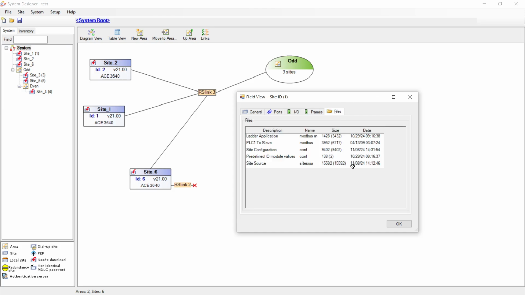And then we have our files, the available files. Well, what files are in the RTU? So we have our lab application, which is our MOSCAD master, Modbus master, our PLC 1 to slave file, a site configuration, and a site source, which we'll get into in a moment, and our predefined I/O module values, which I think are,